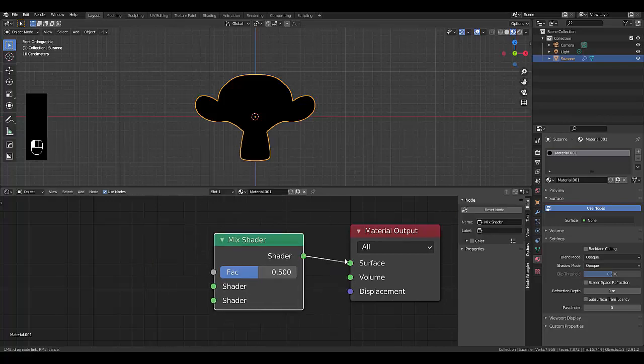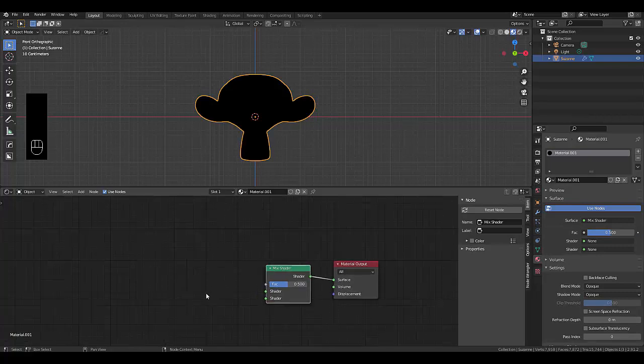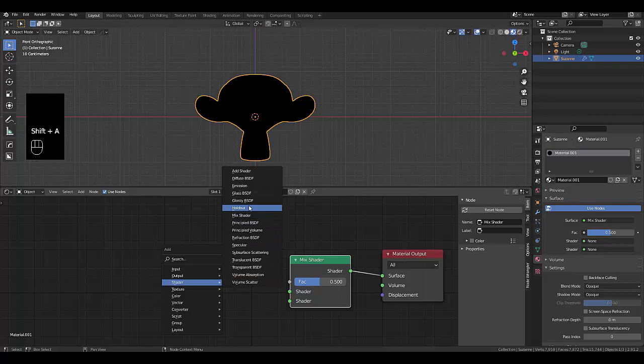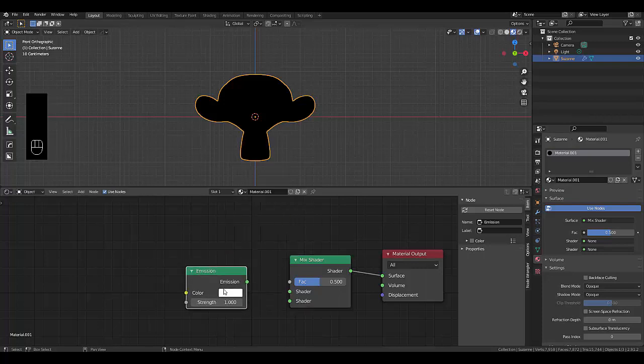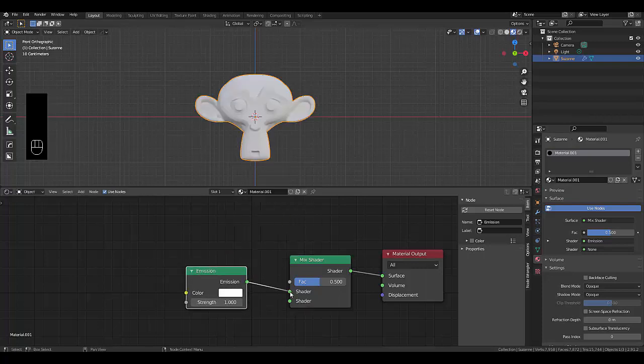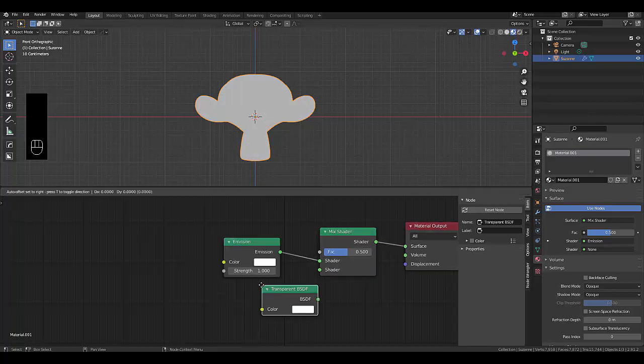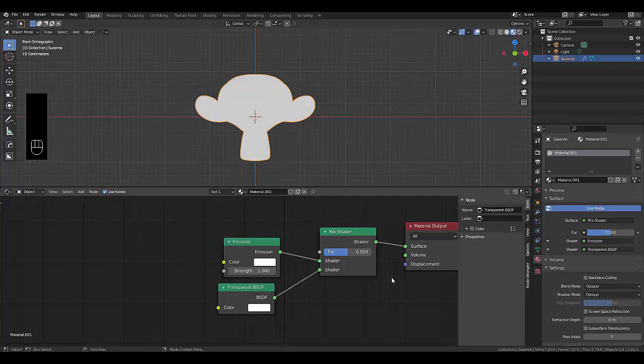You want to connect the surface into the factor, and then you want to press Shift A and use an emission texture over here, and Shift A, shader, transparent BSDF over here, and don't forget to change the blender mode to alpha blend,